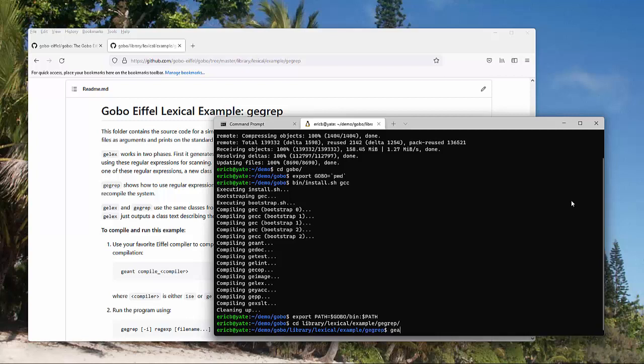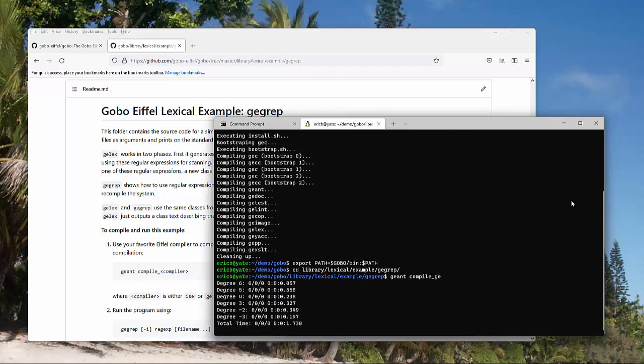So the way to compile this example gegrep is to type this command. It's using the Gobo Eiffel compiler to compile it. Okay, so it's compiled.